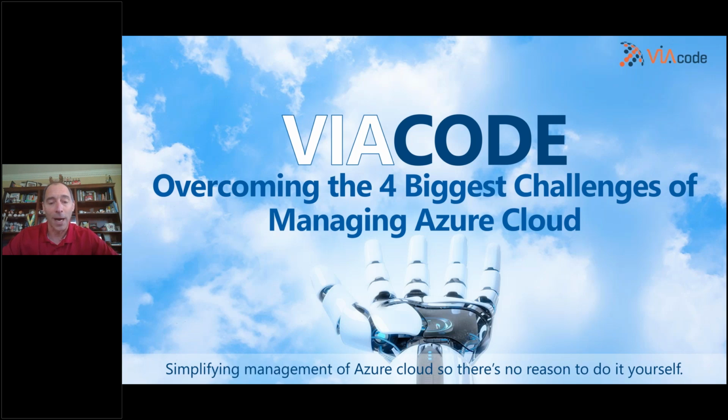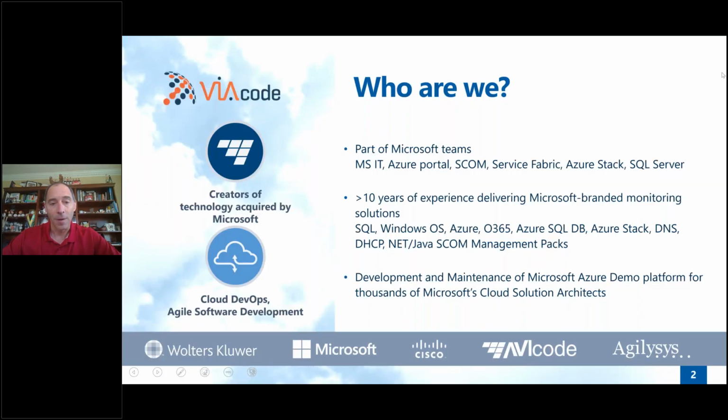So what qualifies VIAcode to do this webinar? VIAcode started about 18 years ago building enterprise applications. And while doing so, we recognized at that time the challenges that companies were having understanding what was going on in their production applications or their production environment. So at that time, back in 2005, we built a product called Intercept Studio for monitoring application faults and performance. That product was ultimately bought by Microsoft in 2010 and integrated into Microsoft's System Center platform for production monitoring.